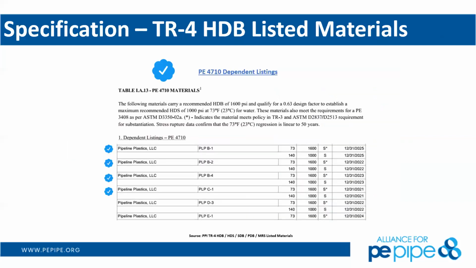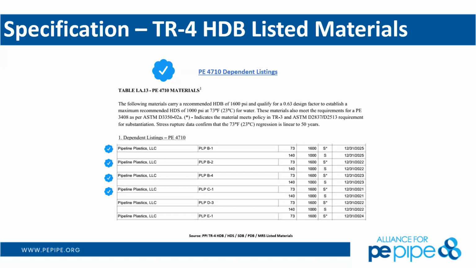So an example of some of the materials you might find there. What is very predominant today is the material PE 4710. If you're, let's say, a pipe manufacturer such as ourselves or WL or whoever it might be,